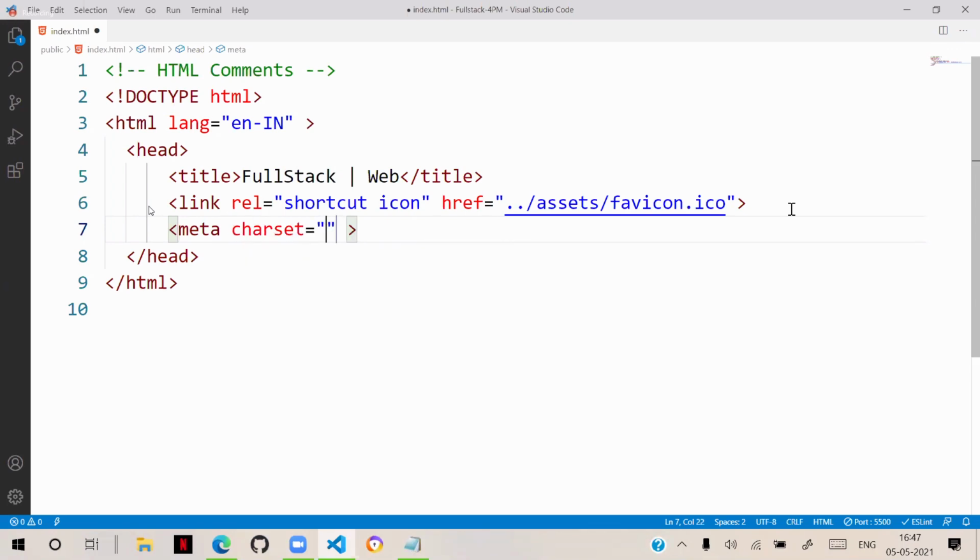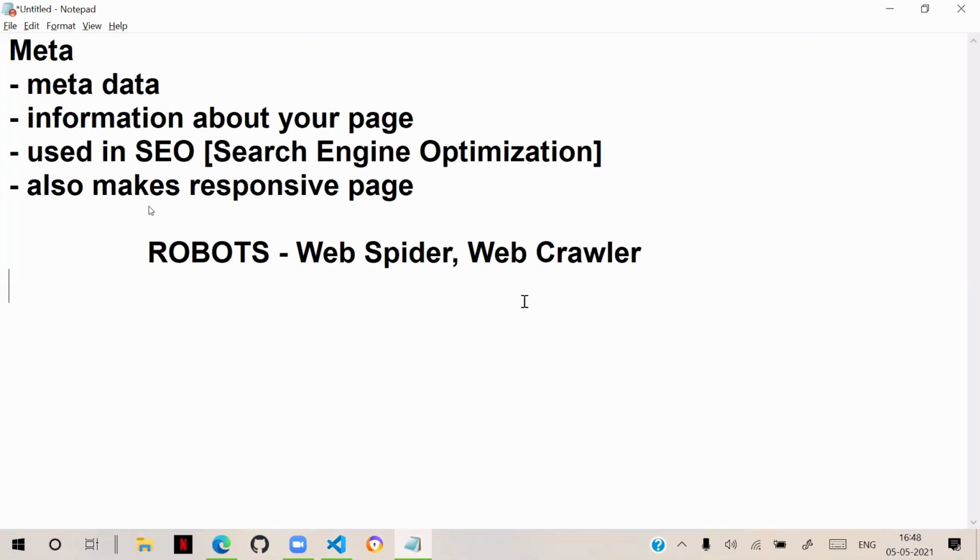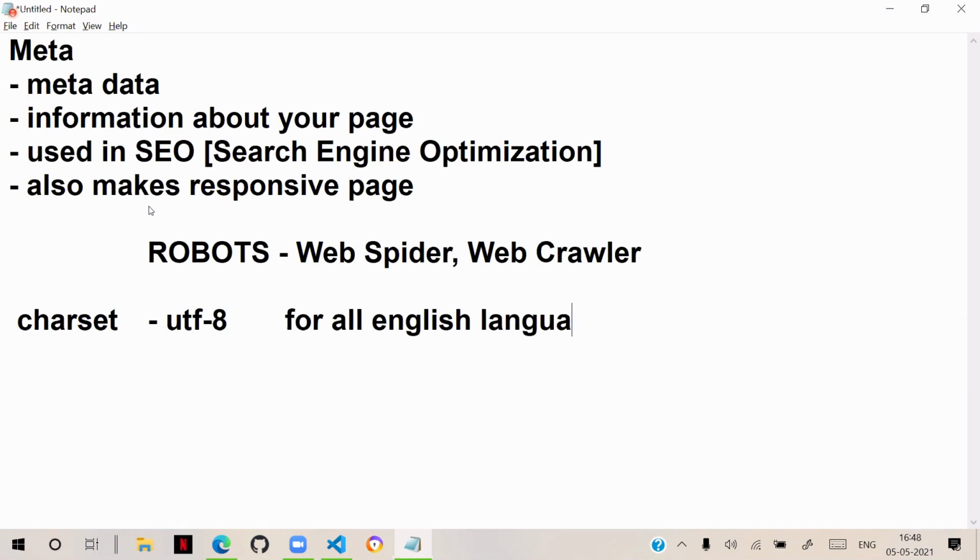Meta character set. This character set indicates which language is used for designing the page. Which native language is used for designing the page? So that is for SEO. The character set will be UTF-8, that is the character set for all English languages.